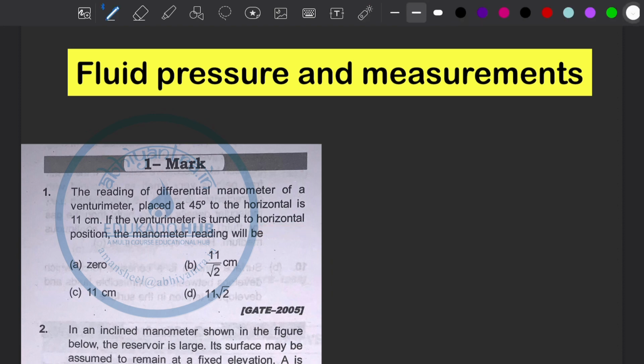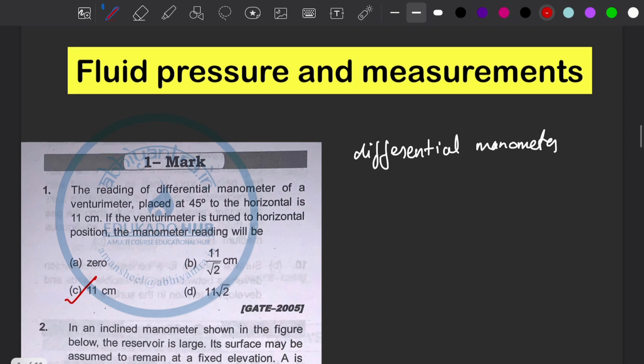So we should know that for a differential manometer, the reading never changes even when we are tilting it to horizontal. It does not depend on the angle, so the reading will be the same. So the correct option will be option C. Next is,